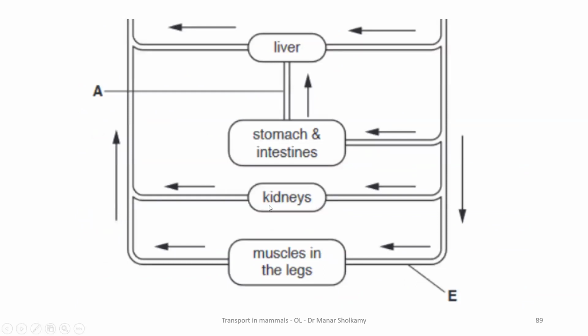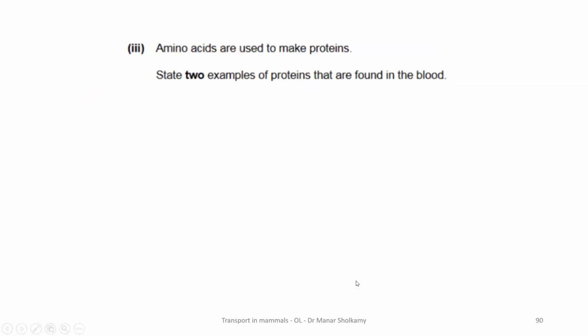Now, again, this is another exam question. All these are exam questions. They will tell you what is A. We said it 110 times. What is A? What is the blood vessel coming out of the intestines? Hepatic portal vein. Excellent. It's the hepatic portal vein. They will not ask you about E. But E, they will ask you, is E an artery or a vein? Artery. Yes, because it's going towards the organ. Very good. Any other questions?